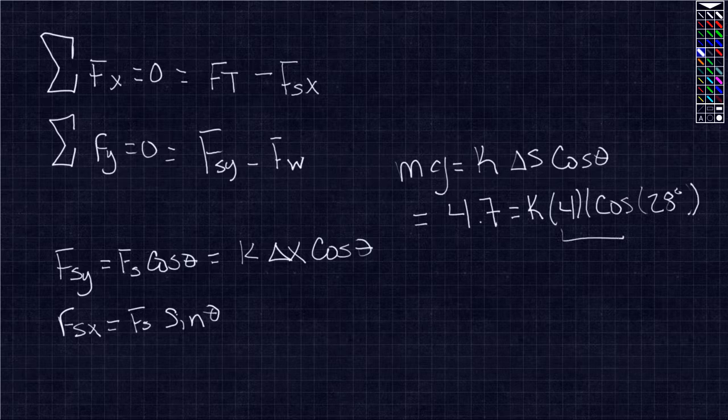Multiply these two, it's going to give you 4.7 equals k times